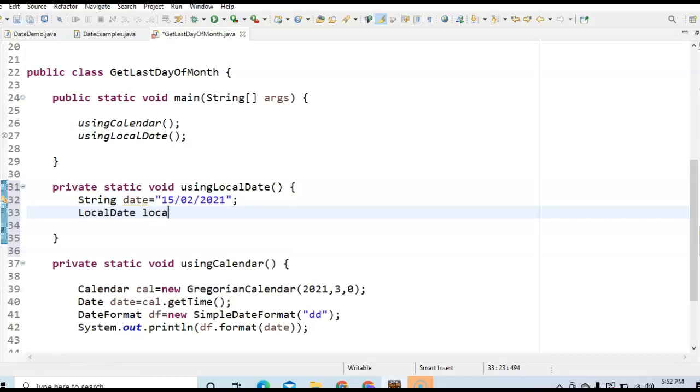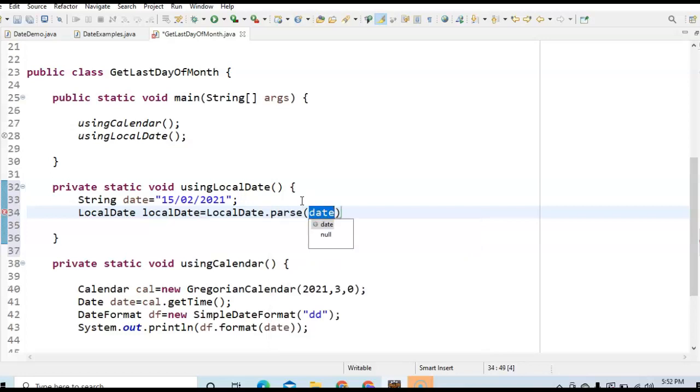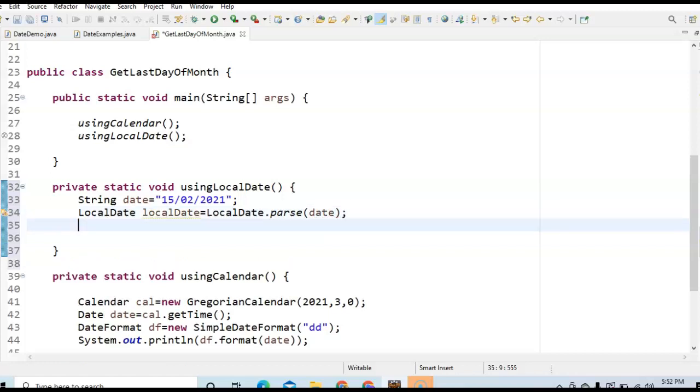Local date equal to local date dot parse, and here we need to pass the date.